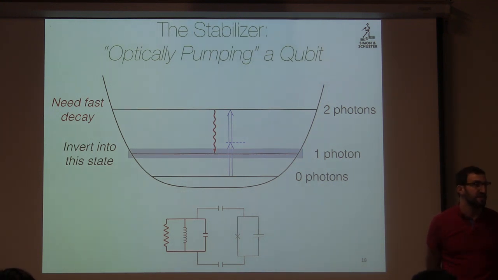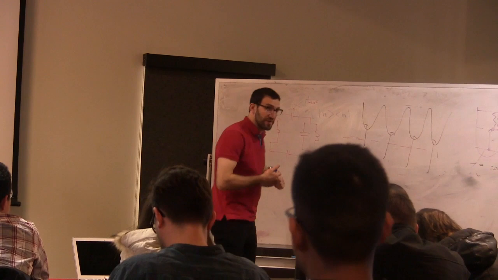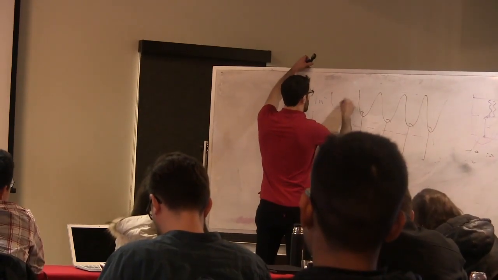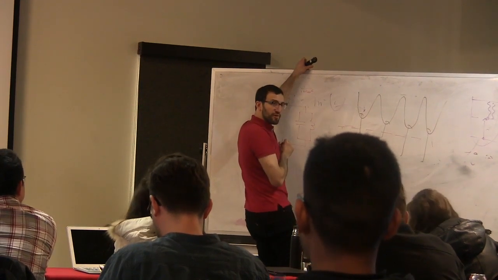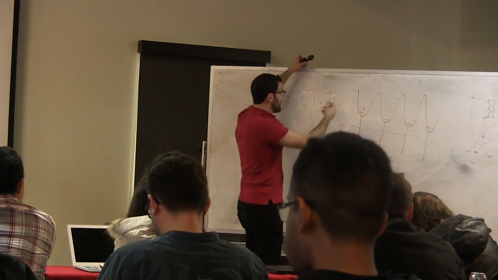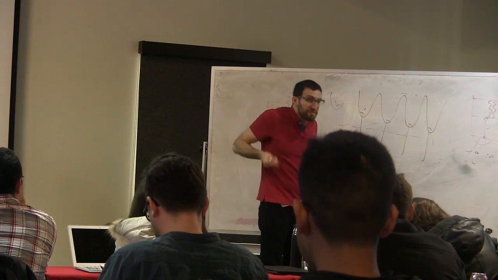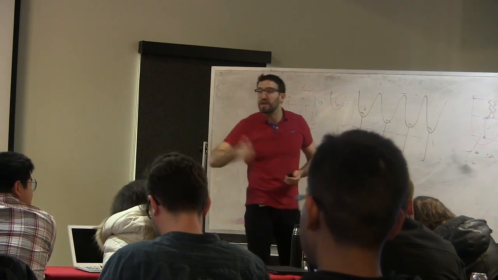Yes? That's now a very naive idea, but why could you not just use an LC circuit, not a qubit, like a real harmonic oscillator, and fill it up, and that's then like your bath? Well, the point is that thing's equally happy to take particles as it is to give them back. And remember, the key point here was that once a photon has gone into the chain, it can't go back into the reservoir. Yes? Because if it could go back, we wouldn't be taking entropy out of the system and going towards this many-body ground state. Does that kind of make sense? You need to break reversibility.